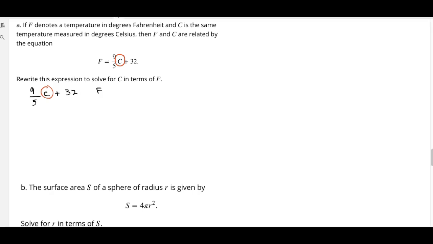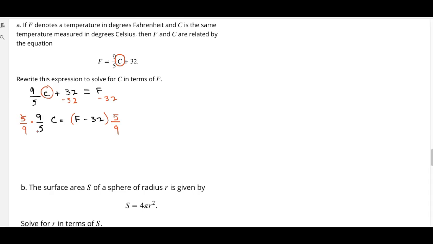So now you want to look for what you want to do next. So remember, you want to add and subtract first. And so we're going to subtract out this 32 right here. So I'm going to say minus 32. So I get 9/5 C equals F minus 32. All right, now in order to get rid of a fraction like this, we want to multiply by the reciprocal. So if I multiply by 5/9 on both sides, and I want to do it to the whole thing like that,